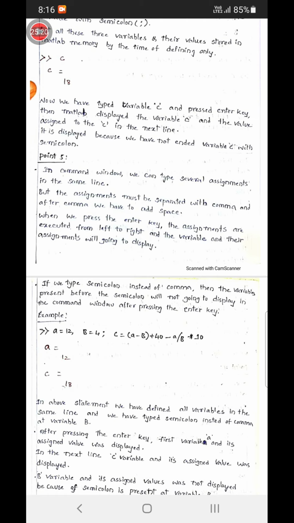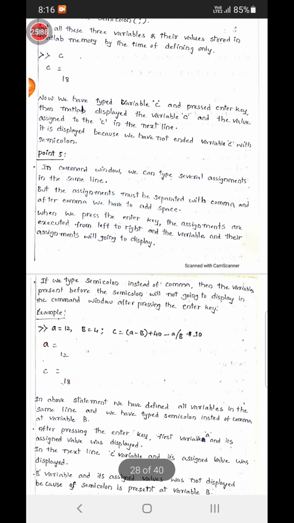When we press the enter key, the assignments are executed from left to right, and the variable and their assignments will be displayed. If you type semicolon instead of comma, the variables present before the semicolon will not be displayed in the command window after pressing the enter key.